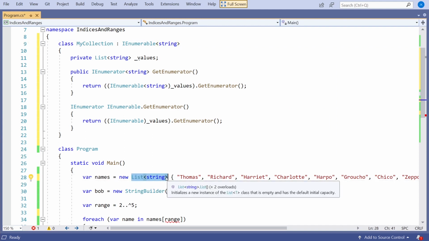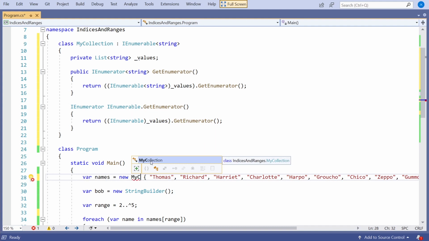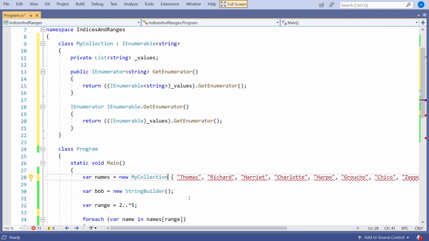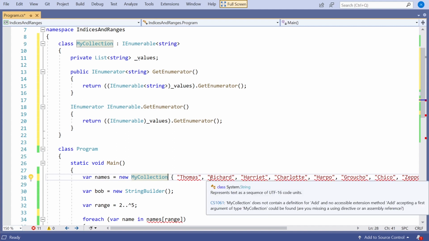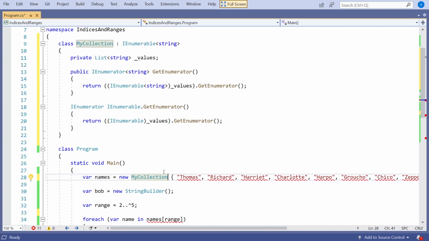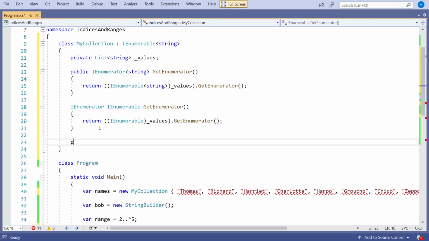If we put that down there, so replace that list of string with a new myCollection, you'll notice it's not happy with the initialization here. And the reason it's not is because another thing you've got to do on a collection, if you want to be able to use this curly braces for the initialization, you've also got to give it an add method.